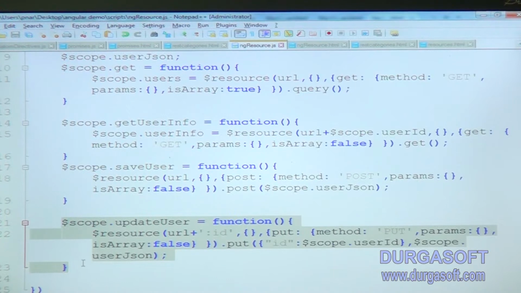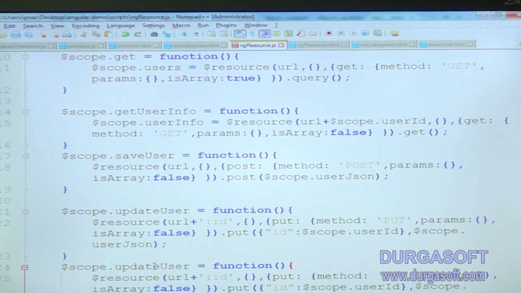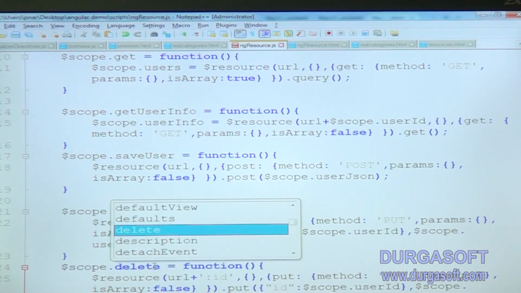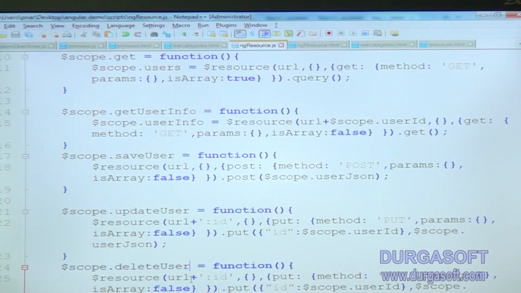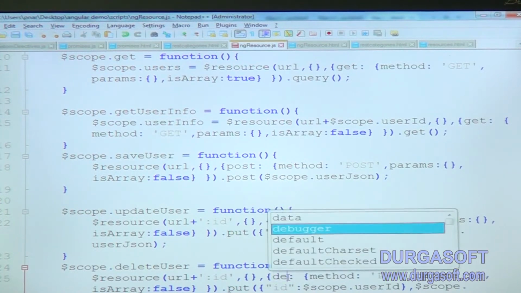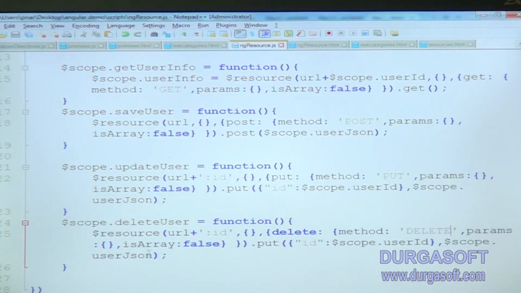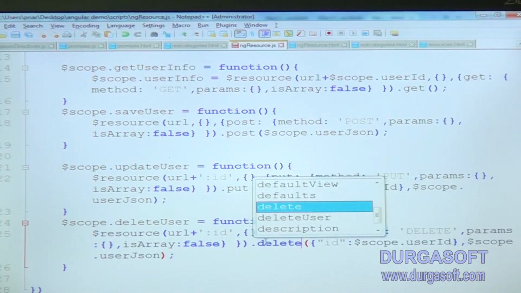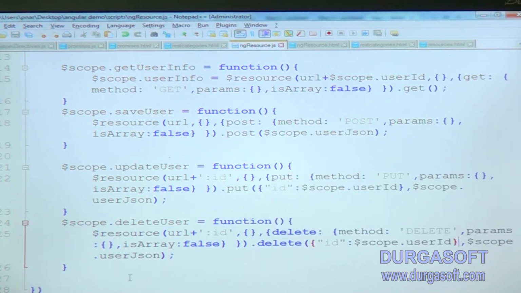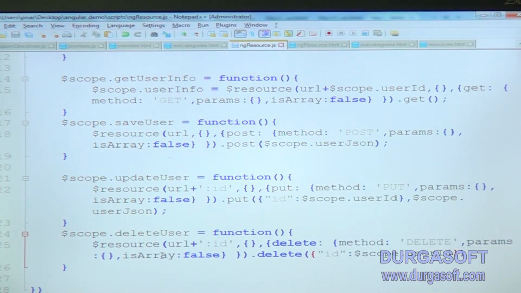The method name I am giving is delete user, and the method I am using here is delete. The scope.userjson is not required to pass, only the id, if you pass that is fine.